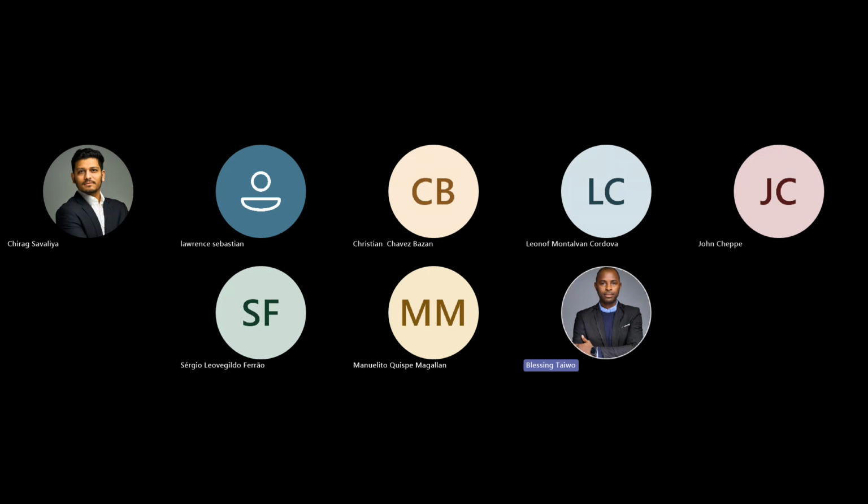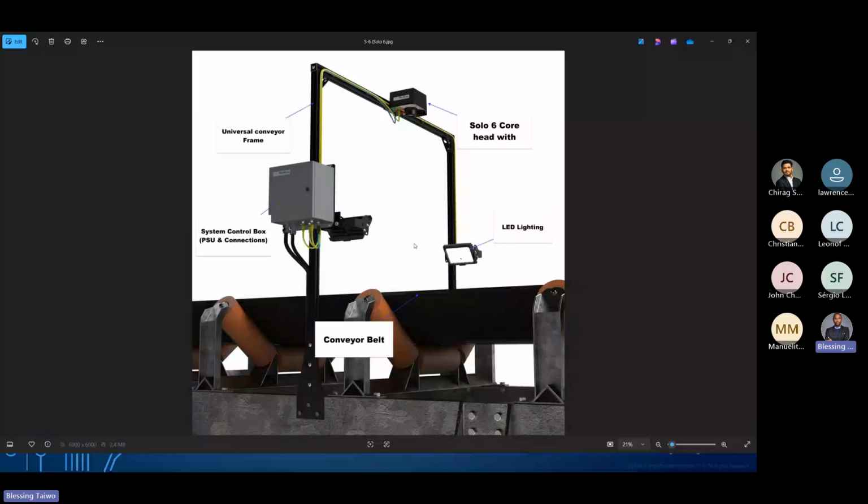The system comes with two lights. So it comes with two floodlights. I just want to show an example of the installation on the belt. So this is a picture of the installation on the belt. Let me try to share my screen. So this is a picture of how the system is going to look when you install it on the belt.